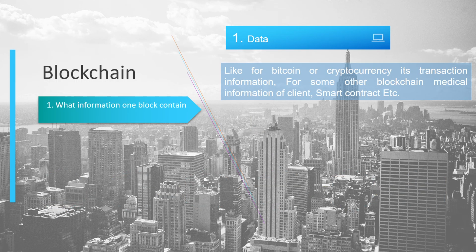First, a blockchain block contains data. If you look into cryptocurrency, the data is the transaction information. Like if I transfer one Bitcoin to you, that information will be stored as data. In other sections, like medical information, if a hospital wants to create medical records on blockchain, there will be a patient and his medical history with timestamp. Maybe today he came for a doctor checkup and the doctor suggests an X-ray. That information will be stored with a timestamp.